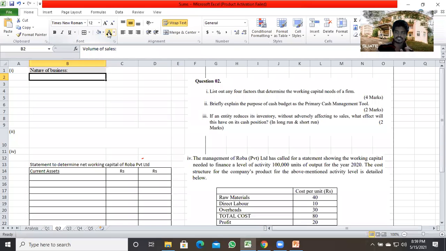Then volume of sales. When such firms have a huge volume of sales, they need to think more about their material and production processes, and also the raw material stocks. But if they are just in time businesses, that is, businesses that make the product once the order comes, they need not think much about finished goods, like that. Okay, this is a last year past paper.